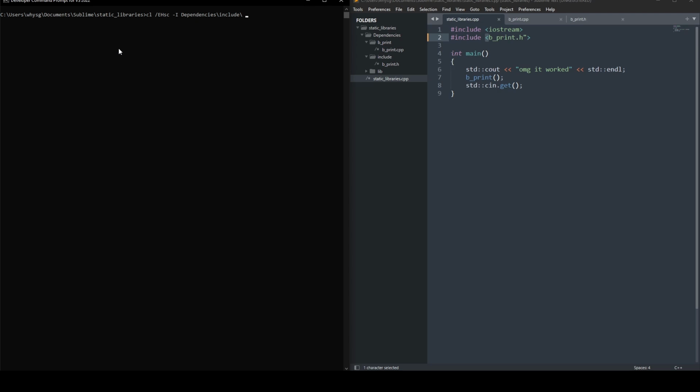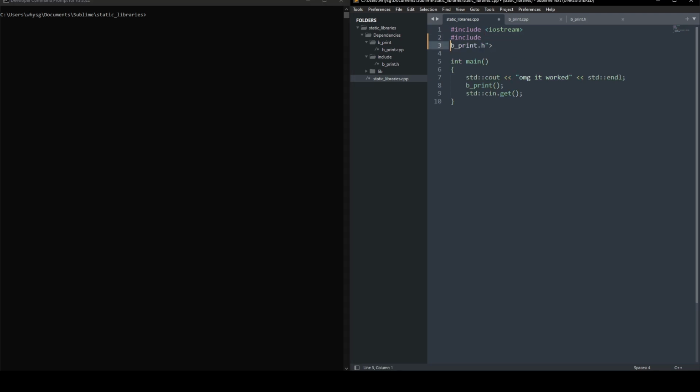You don't have to do that if you have the dependencies listed here. So if I did dependencies include like that, you have to switch it to quotes, because if you're not doing the -i,